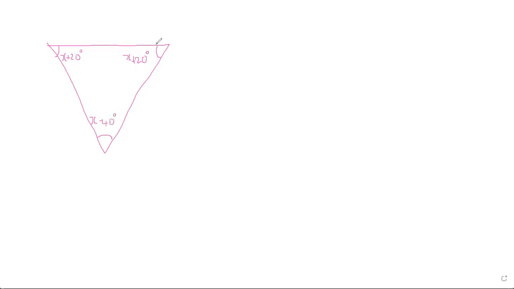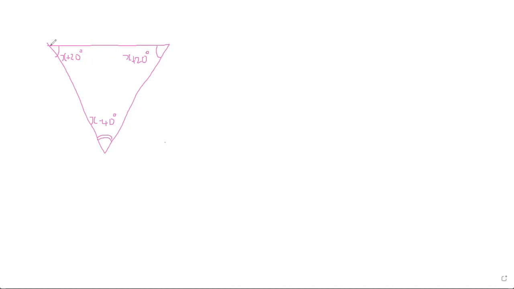So hopefully you can tell what kind of triangle this is. Well, I really should not have marked those all the same, because it makes it look like they're equal and they're not. Oh, look at me, I'm making mistakes already. All right. Let's go back into this. So this one's different. So these two can be marked the same because x plus 20 and x plus 20